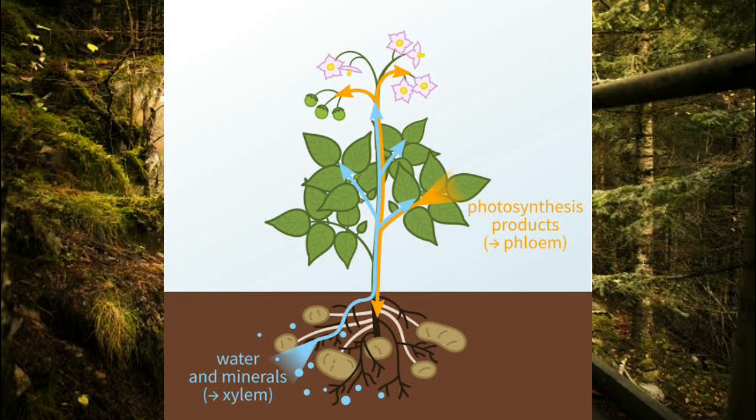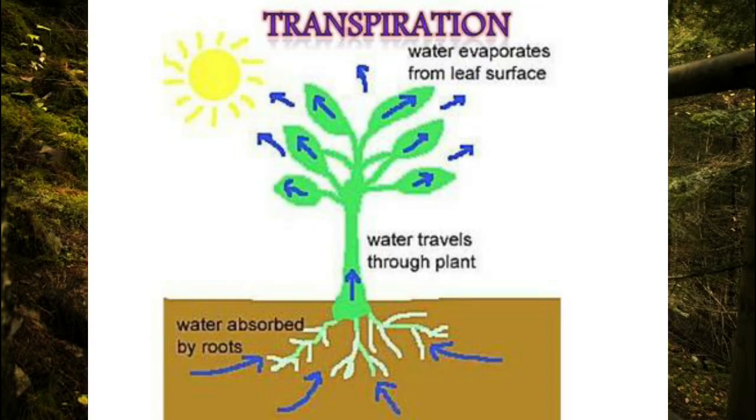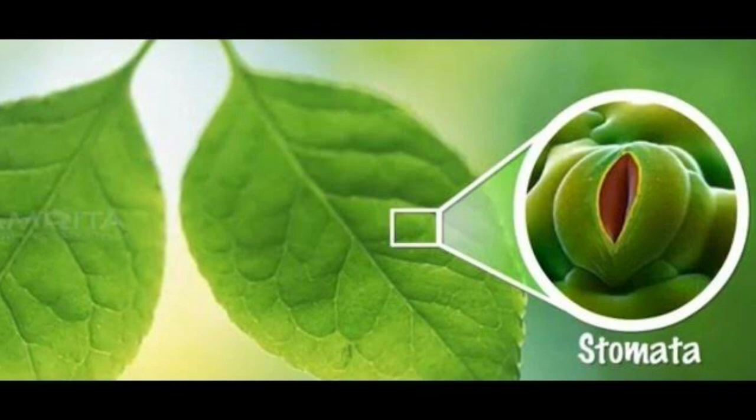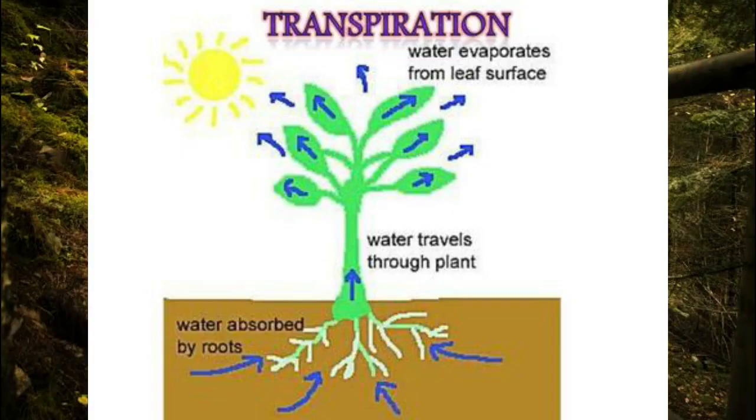In class 6, you learned that plants release a lot of water by the process of transpiration. Plants absorb mineral nutrients and water from the soil. Not all the water absorbed is utilized by the plant. The maximum amount of water absorbed by the plants evaporates through the stomata present on the surface of the leaves by the process of transpiration. But why do plants absorb a large quantity of water from the soil, then give it off by transpiration?